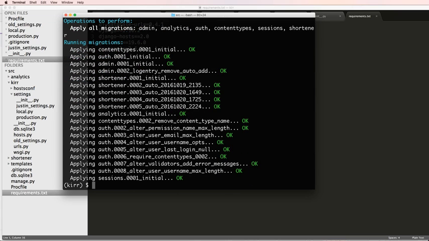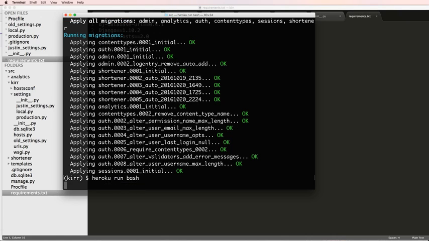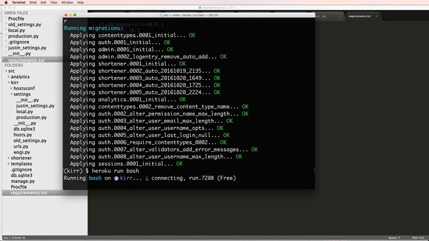And it looks like it has. Perfect. That's exactly what we wanted to see happen. And then I'll do Heroku run. We can do bash now. So bash being into the shell. This will allow us to run all of our commands just directly on there instead of doing Heroku run for